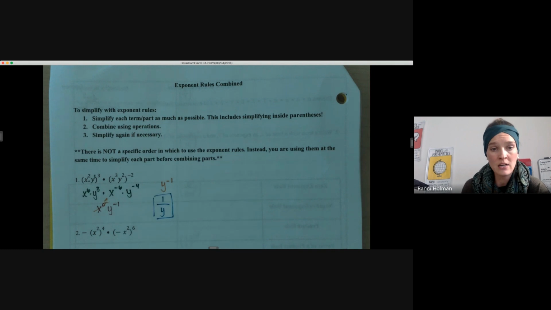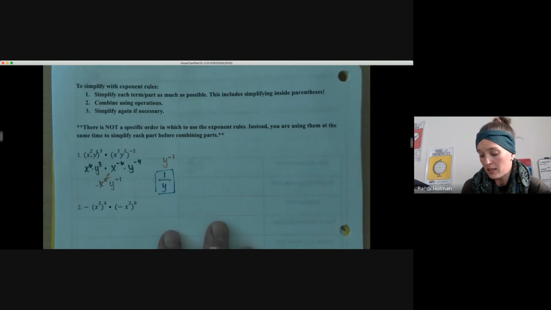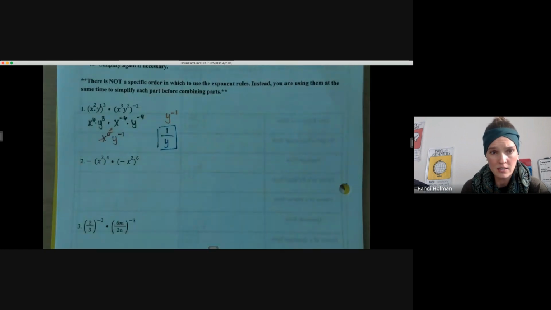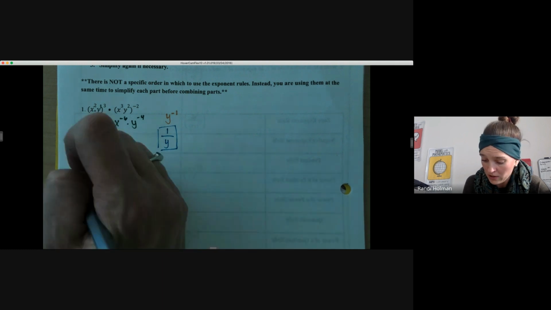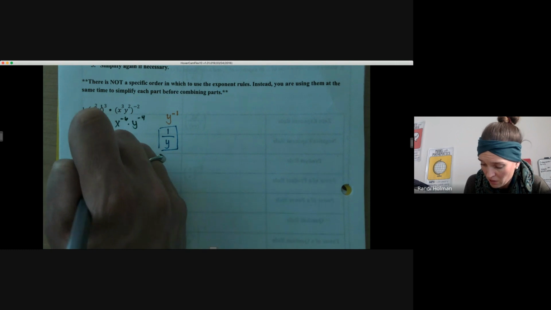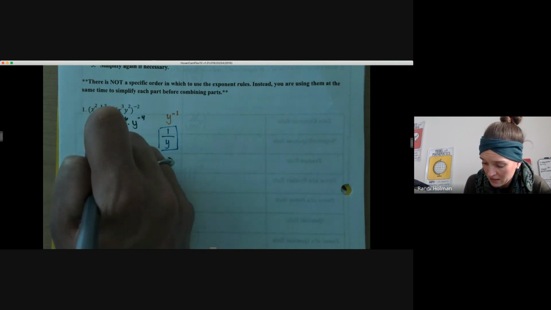Okay, one little thing at a time until you have nothing left to do. Right? Let's take a look at a few more examples here. So negative x squared to the 4th times negative x squared to the 6th. Start off. Think about your rules. Squared to the 4th, this negative is a negative 1. I'm just going to throw that out there and say I have a negative 1 times x to the 8th